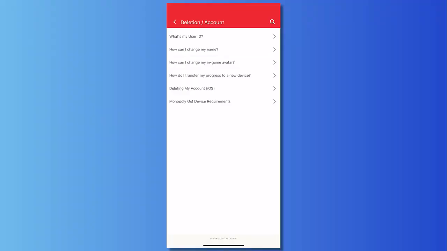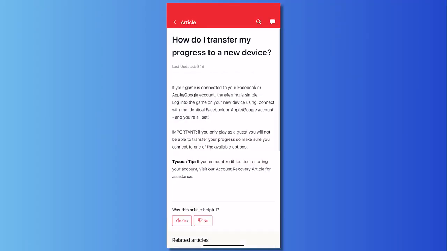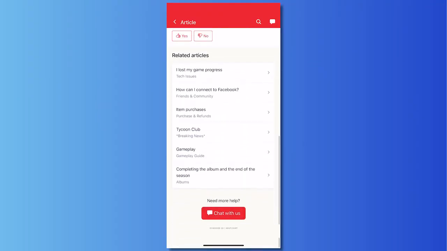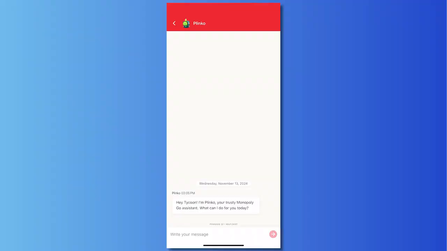And then from here, you can just go for how do I transfer my progress to a new device? So let's just choose this option, or you could also choose the others if this is not available for you anymore. Once you're here, scroll down until you see the chat with us button right here under need more help. So tap on it. And from here, you will now be redirected to the customer service of Monopoly Go,